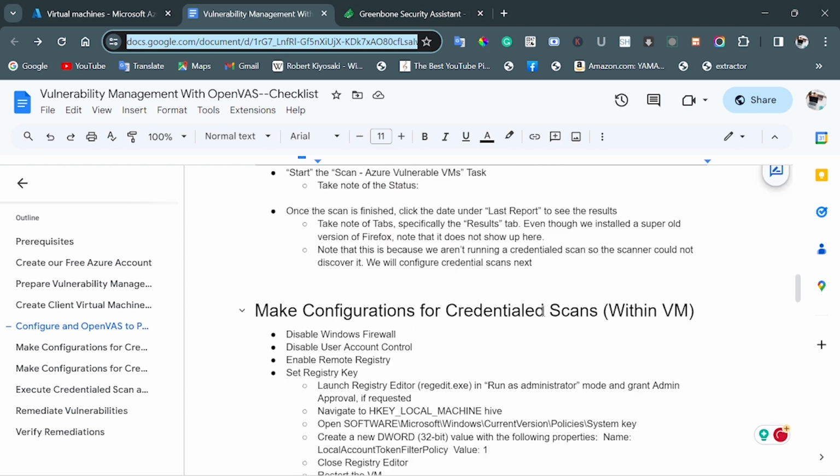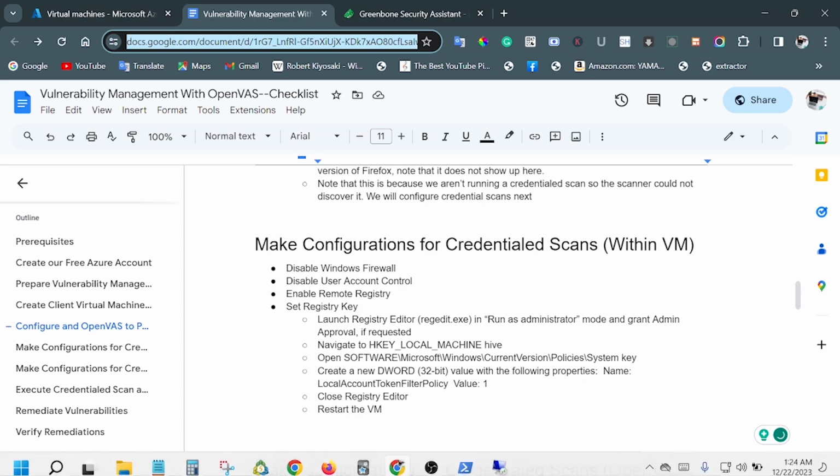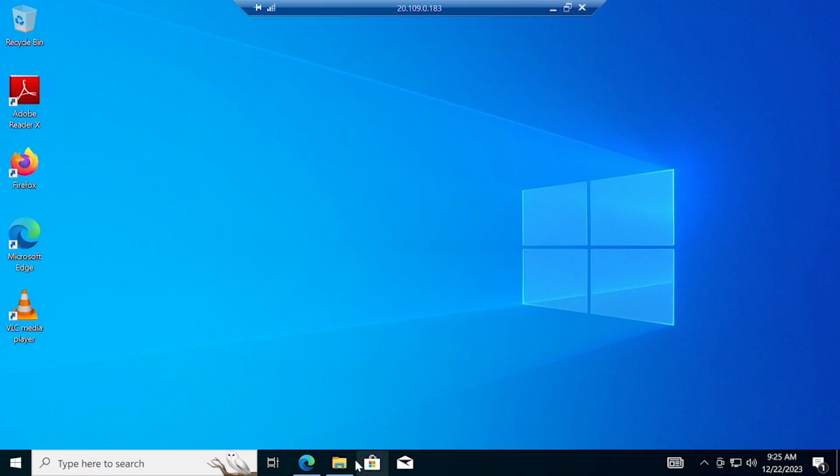So what we are going to do next is make configurations for credentialed scans. I'm going to copy the link for the checklist, so I would also be able to access it in the VM. We have disabled our Windows firewall, so we will have to disable user account control. We are going to enable remote registry. And so I'm going to go over to the VM now